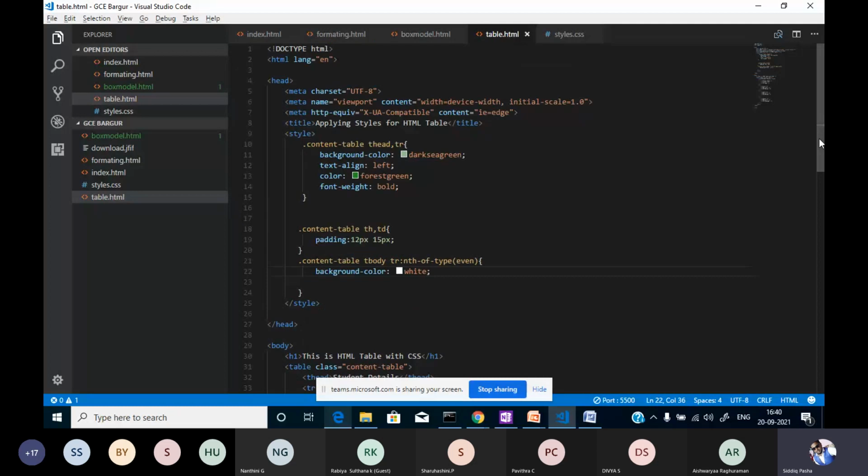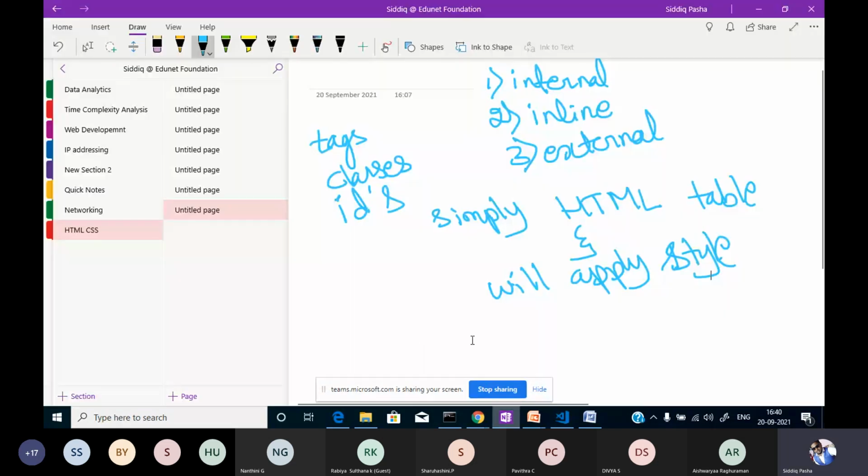We can explore it more, and while reading JavaScript we will go through one concept called dynamic CSS.